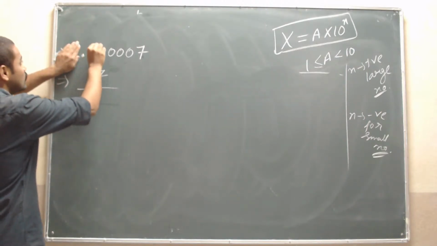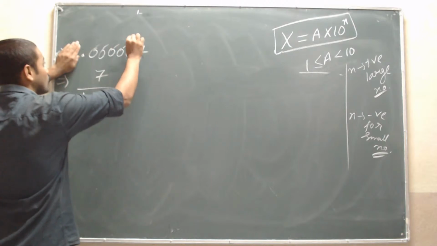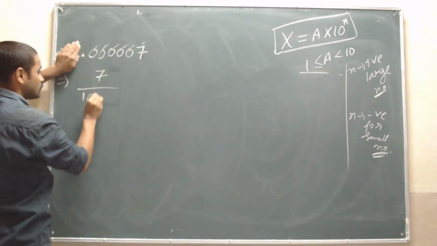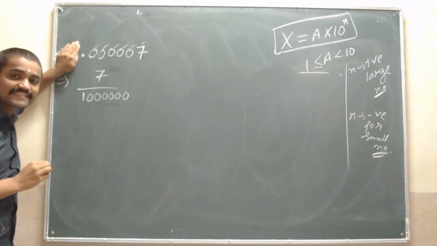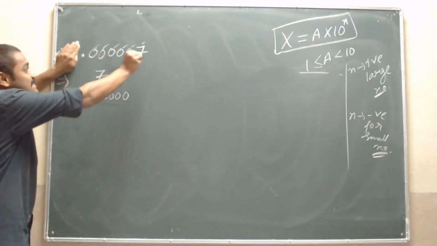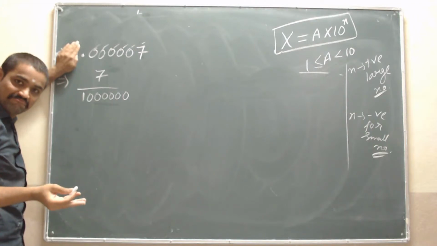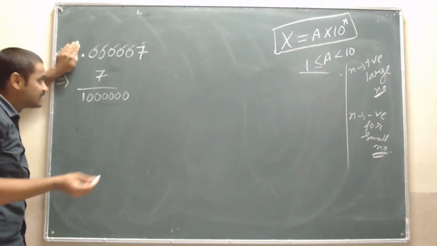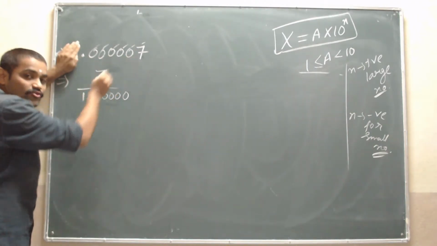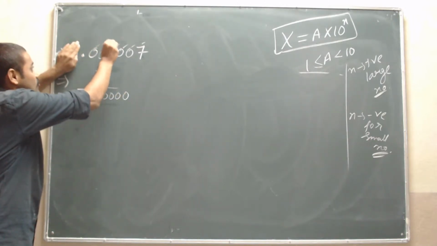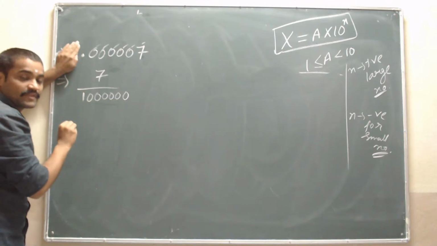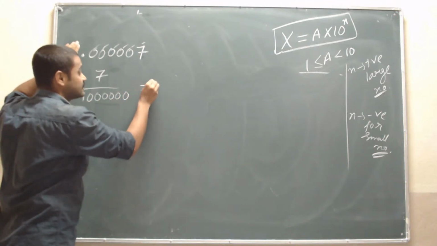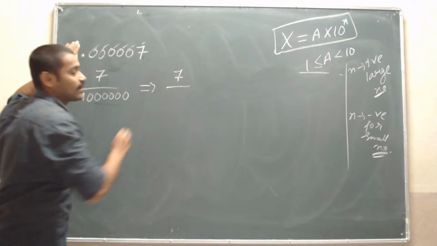After decimal, we have 1, 2, 3, 4, 5, 6. Sir, what did you do, sir? Simple. Put as many zeros as there are numbers after the point. Isn't it? See here, 1, 2, 3, 4, 5, 6. Isn't it, students? Then this is equal to 7 divided by